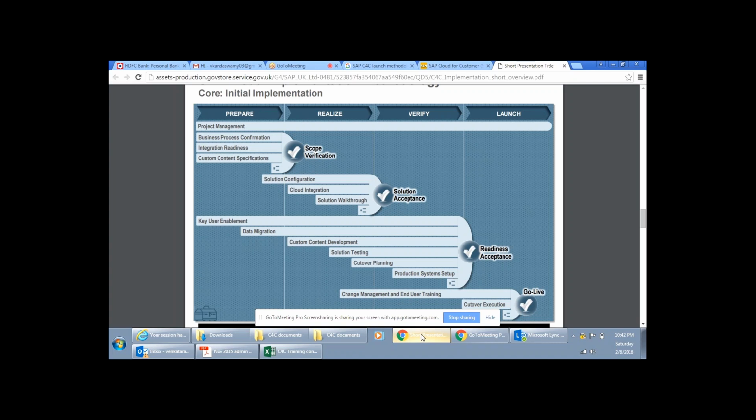Now the verify phase, the first step that you have to do is you have to enable the end users. Now when I say enable, you have to train the end users to do testing on this application. If you do not train your core users or the business process owners or the end users, who is going to test the application? It is they only, right? So the first step is you have to train those end users,